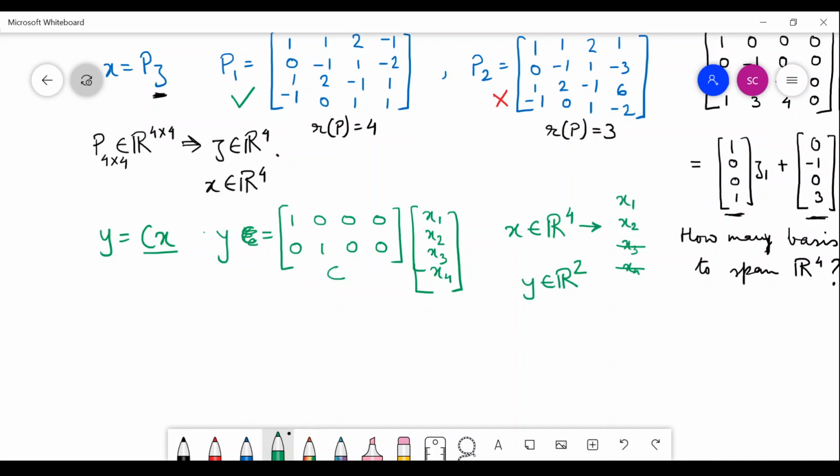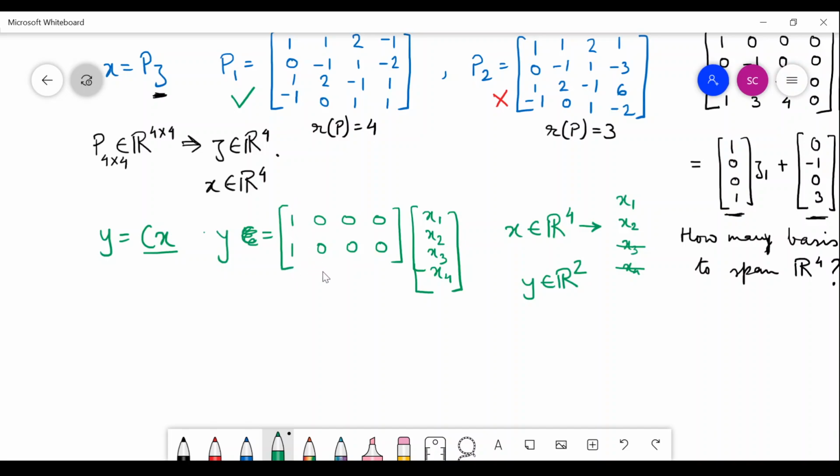So we are getting that. However, suppose your matrix was like this, then what happened? Then both this y1 and y2 become the same, right? And that basically means the rank of this is 1. You can see it by the rows, and also by doing the column operation, that only one of the columns is non-zero. That means the rank is 1.